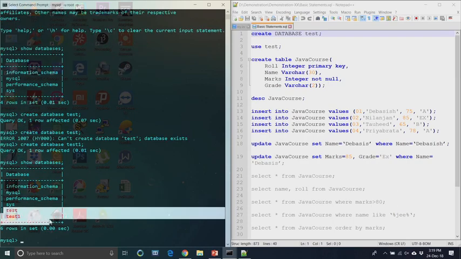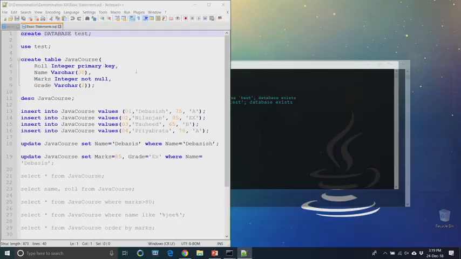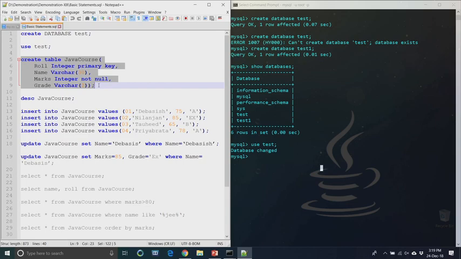So, right now test and test 1, these two databases have been created. These two databases are under your own jurisdiction, and inside these databases you can put as many tables as you wish. Now, we are going to enter some table under the database test. So, you have to make it active. Let us use the command use test. This basically makes the database currently active. So, this is now the current active database, test. Whatever command you enter now will go to this test database.